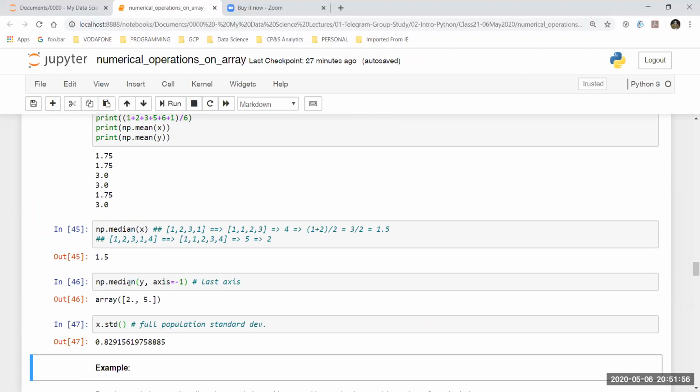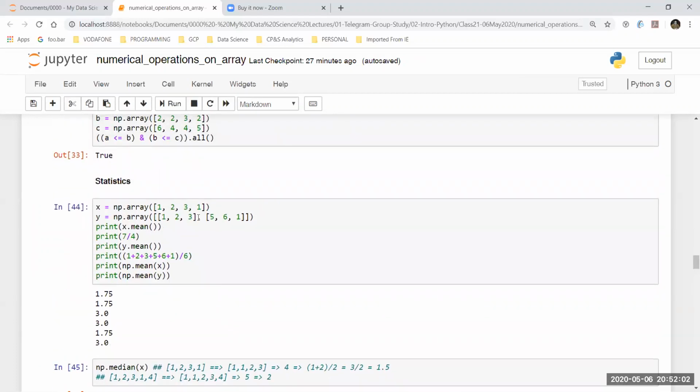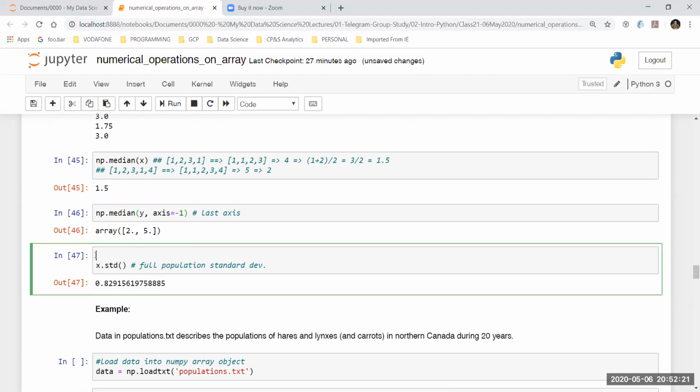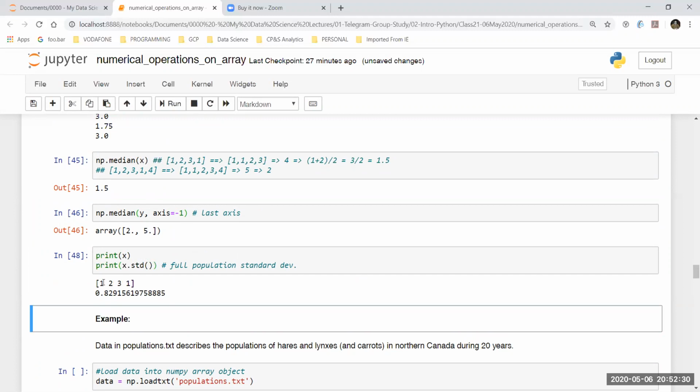Okay, what I mean by that is usually in the data set, in this case I have x. So in x I have four values, 1, 2, 3 and 1. So what is the kind of variation which is covered by each and every value? Okay, this is not to say what is the variation between the minimum value and the maximum value. What is the variation or the range of the numbers on the scale which is covered by these four numbers, which is part of this array, which is x. Okay, so if I print the array x, I'll be able to see that there are such items here. So the standard deviation of 1, 2, 3 and 1 is going to be 0.83, and how this is calculated is something we are going to look into in the statistics class.